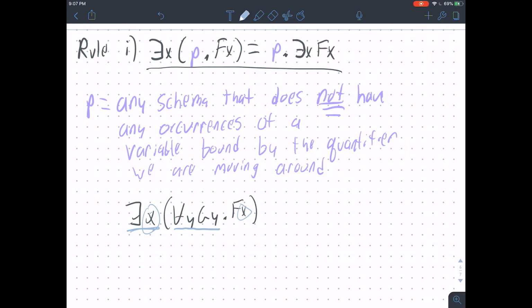So there's this x over here that is bound by it, but this whole expression here doesn't have any x's in it, right? And because it doesn't have any x's in it, we can apply this rule. It is, for all intents and purposes, the lowercase p here. And so if we were to apply this rule to this, we would get